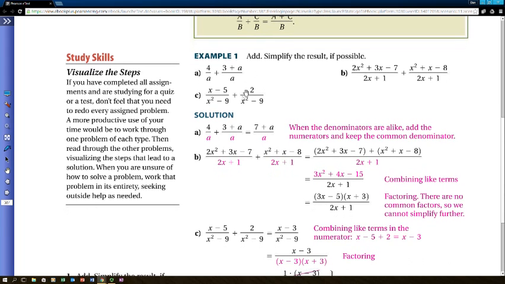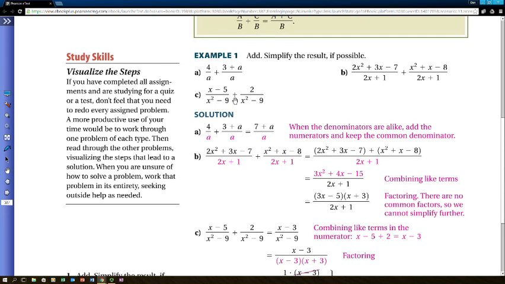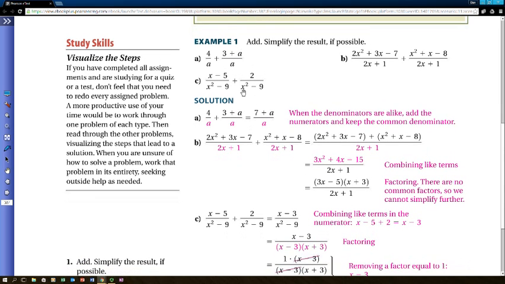In these examples, that's all they're really trying to show you, but later on we're going to have some expressions like this, and there may be some opportunity to simplify, but we're going to run into that later. So they set this up here, and even this one here, like C,